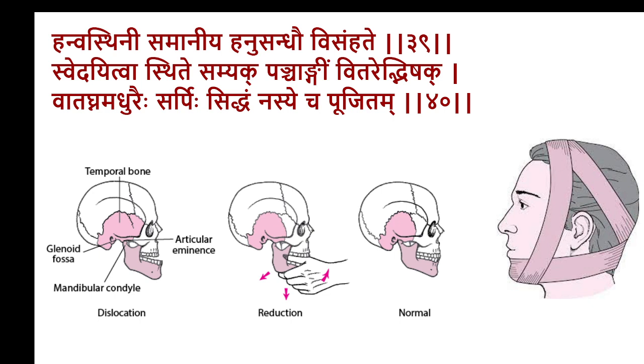And what Sushruta has suggested is you have to manipulate very carefully. Samaniya is with careful handling, the bone has to be put back, and then put a panchangi bandha, a bandage which supports the chin and keeps the chin closed. Now, and then of course you have to give the nasya and Vatagna Madhurei Sarpihi, ghrita also has to be